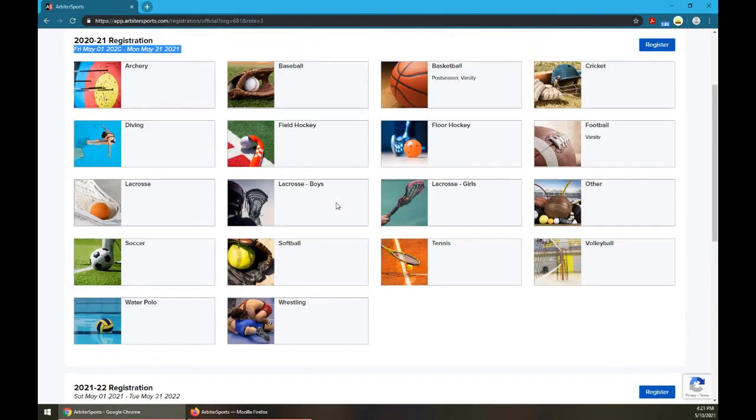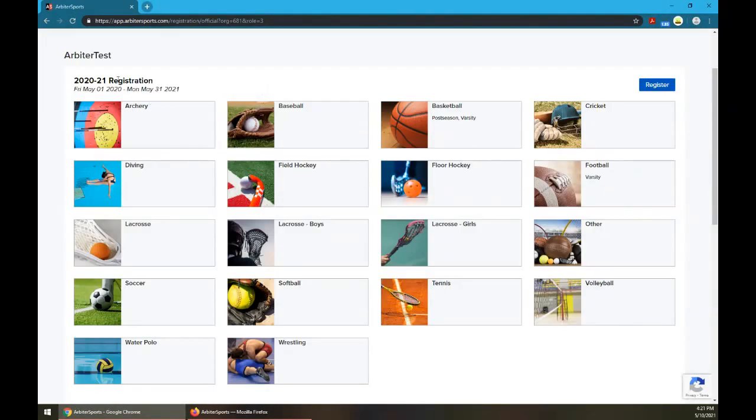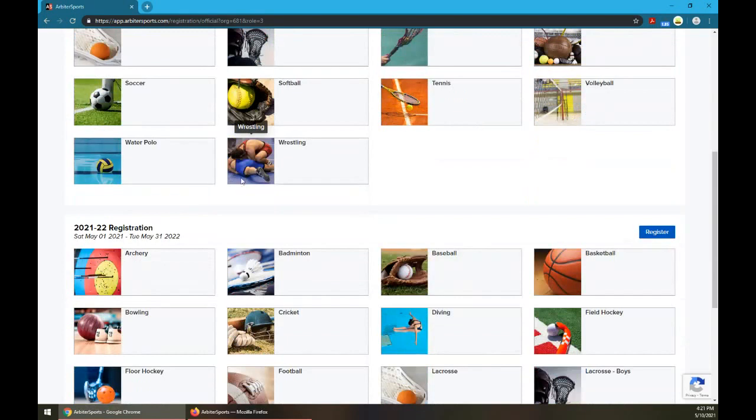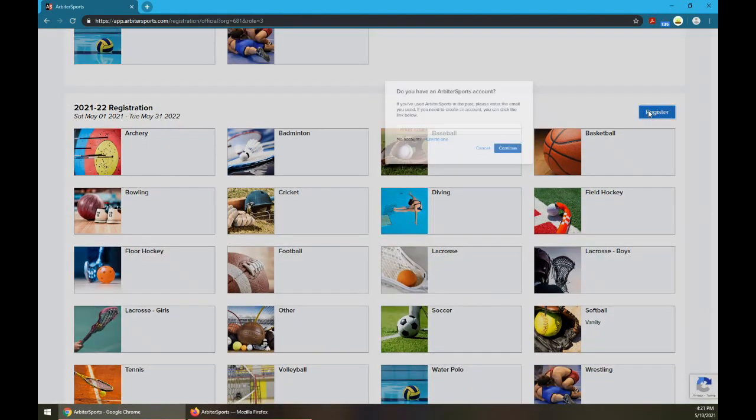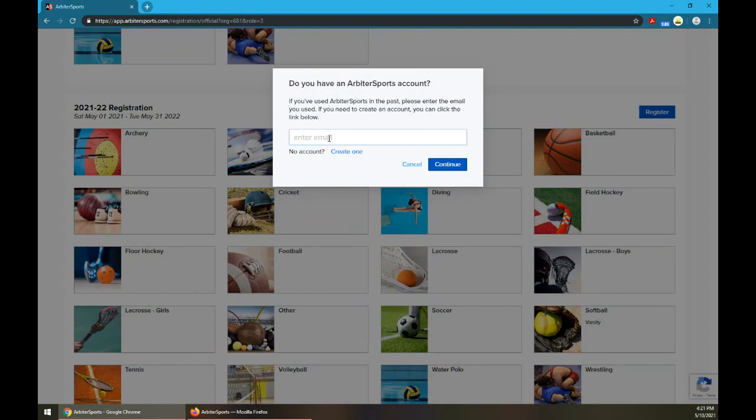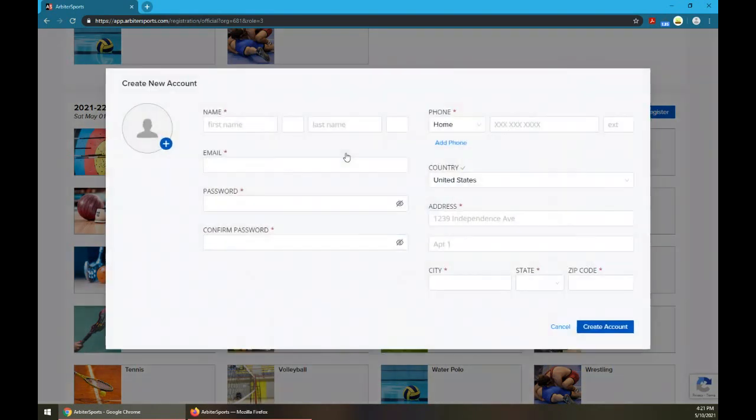By default, the registration that is going to close soonest is going to show first, and that makes sure that if you do separate registrations for fall, winter, or spring, those fall sports are going to show up first to make sure that the officials are jumping to that first and getting those done, since the season will end sooner. But in this case, we'll just register. I don't have an account yet, so I'll create one. We'll just call this